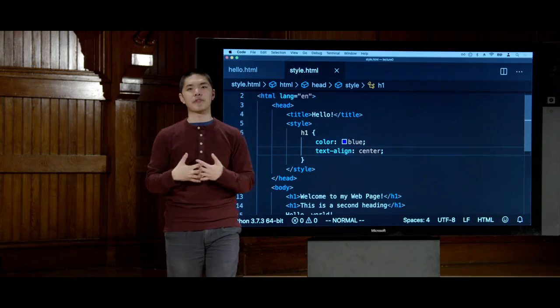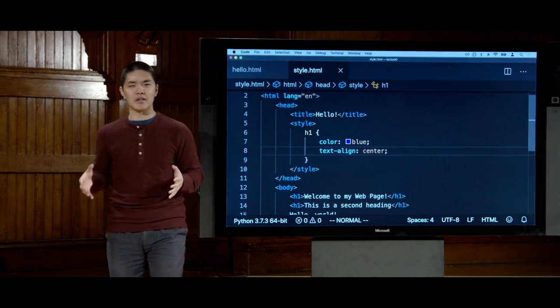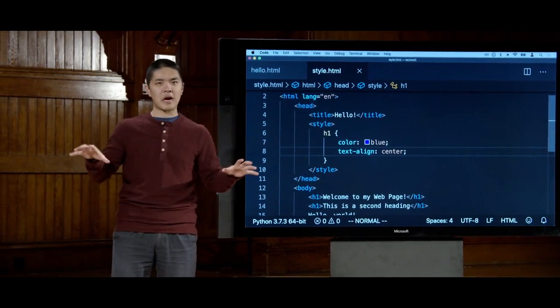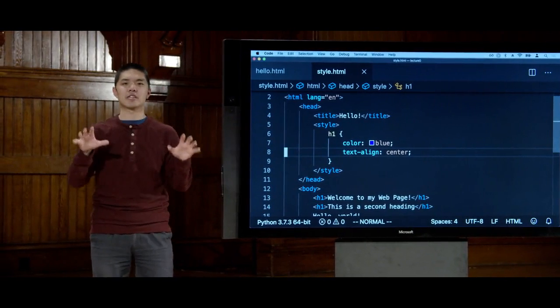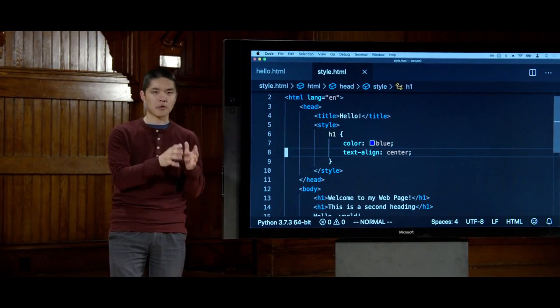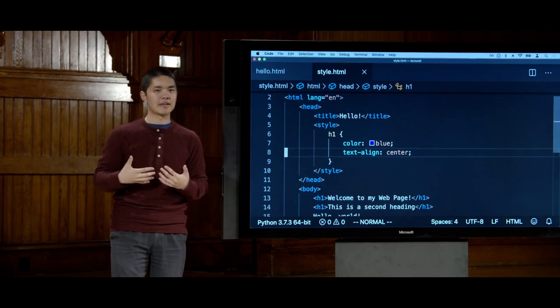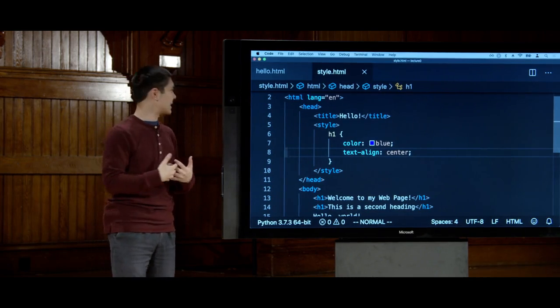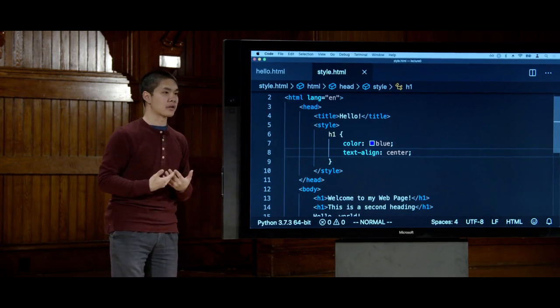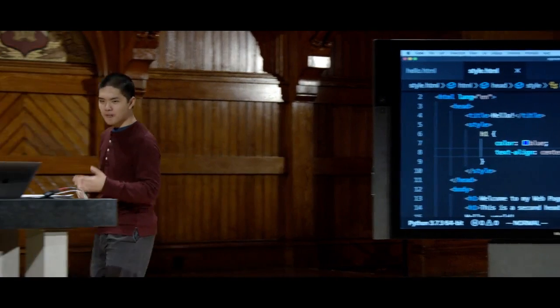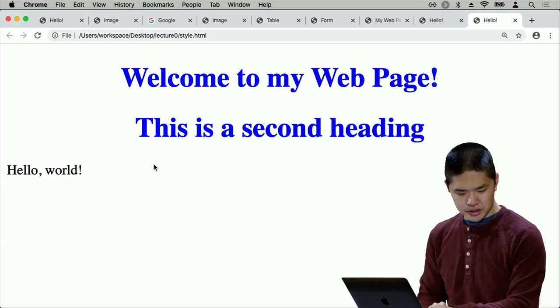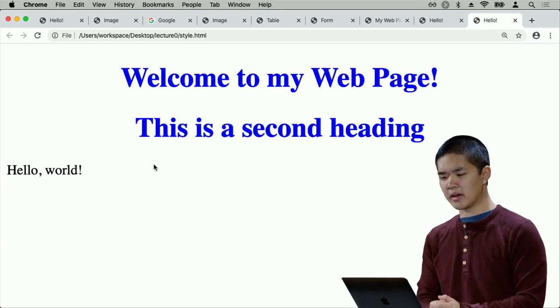And that's going to be another of the key themes that's going to come up again and again in this class, this idea of separating things out so that every piece can be independent of one another. Our structure of the web page inside the body is separate from the style. And we'll see the same sort of idea appear again and again as we begin to try to design web applications well. So now if I take this exact same page and go ahead and refresh style.html,